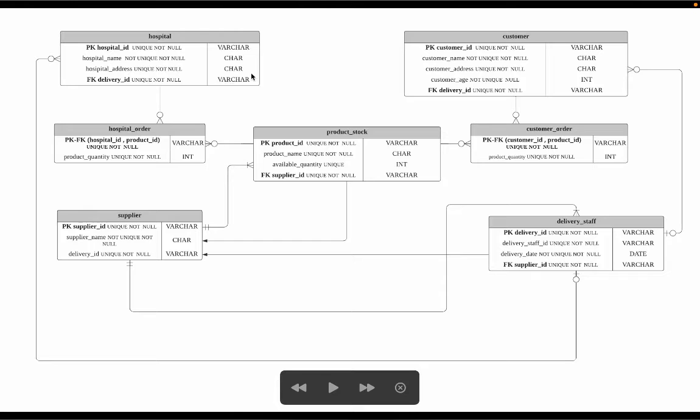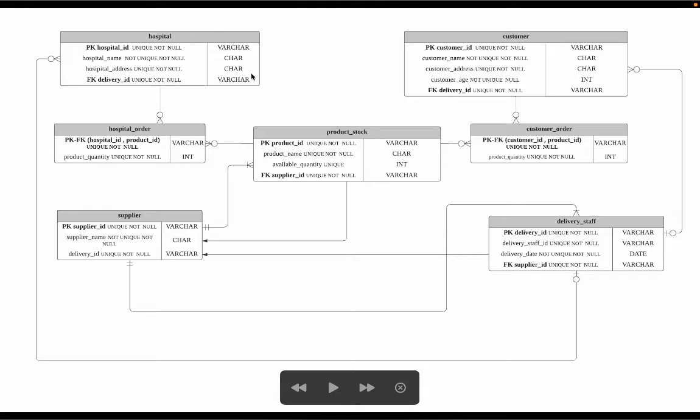So this is the ER diagram. It follows all the requirements. All the tables have followed the naming conventions and there are no duplicates in the table names. All tables have a primary key. We implemented one-to-many relationships as a foreign key on the many side, and we implemented many-to-many relationships as